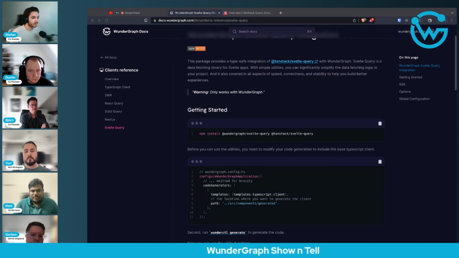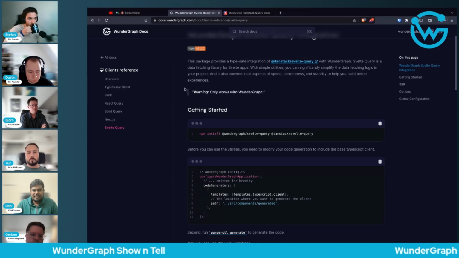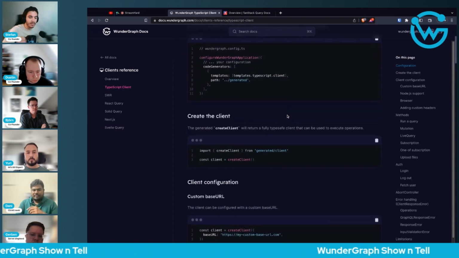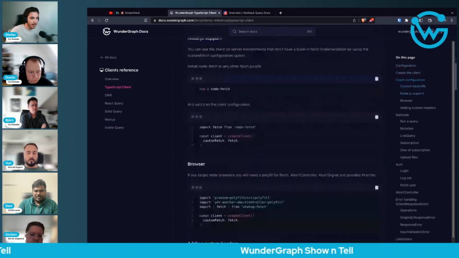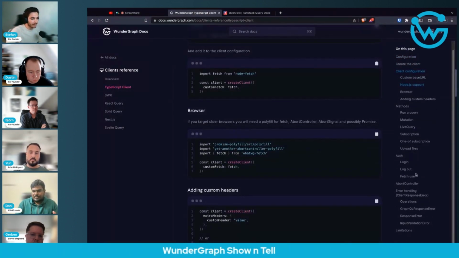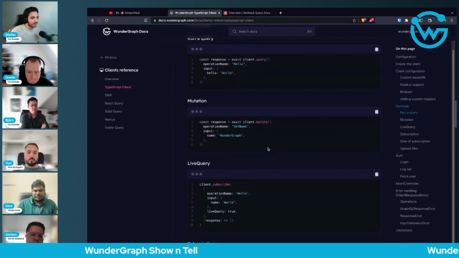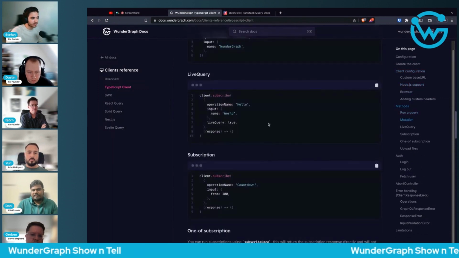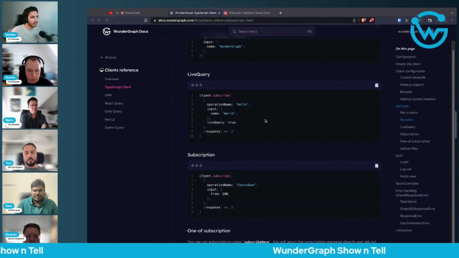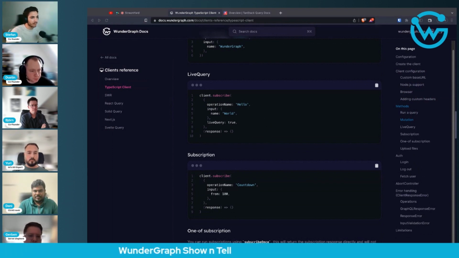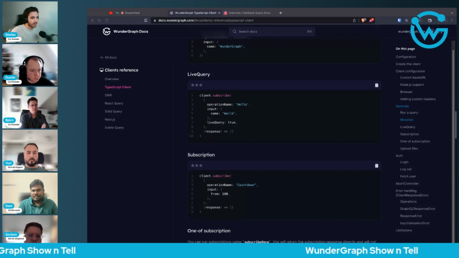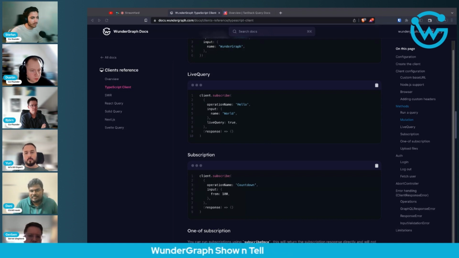What's interesting is that this integrates well into our existing TypeScript client, which means everything provided by the TypeScript client, the live queries, the mutations, the subscriptions, just works out of the box. And you have full TypeScript support. For example, if I write down the operation, the entire operation is fully typed. For some reason, IntelliSense is